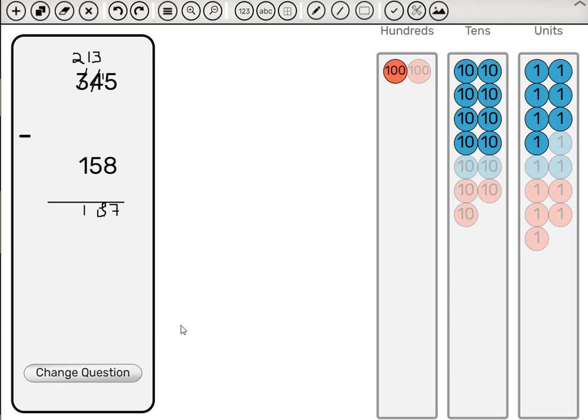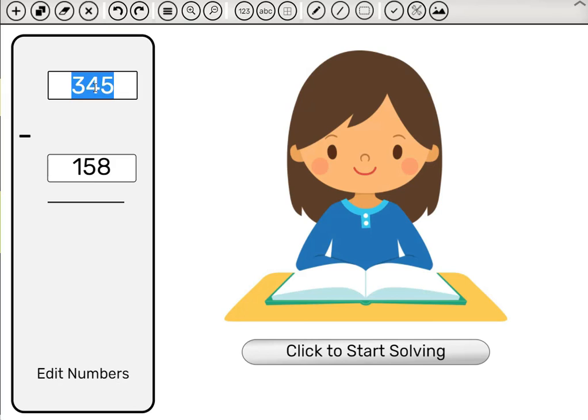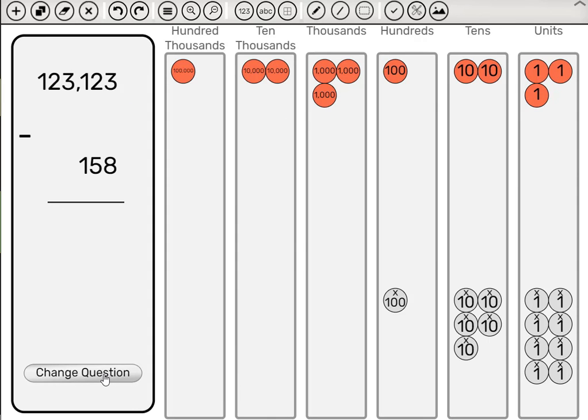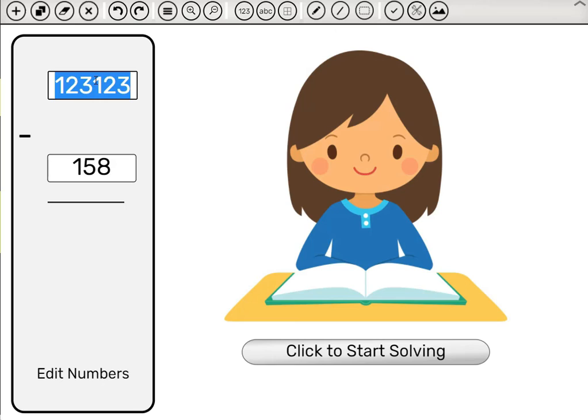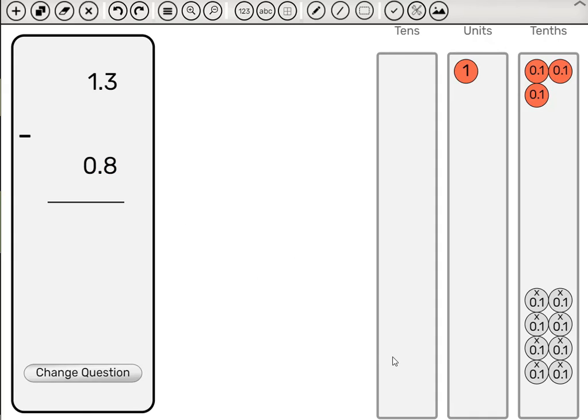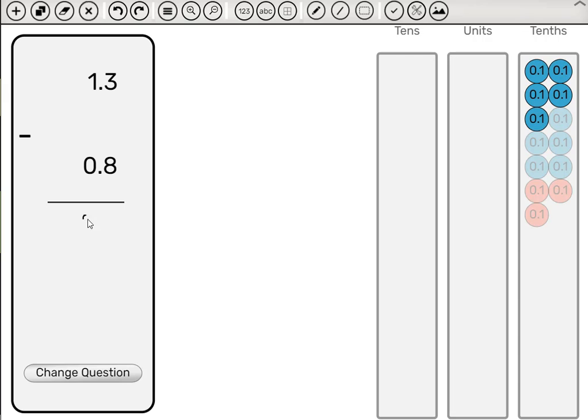We can use this app all the way to questions ranging up to hundreds of thousands. So let's try this. Click Start Solving. We can also work with decimals. 1.3 minus 0.8, for example. Click Start Solving. And we can break a unit into tenths. And write